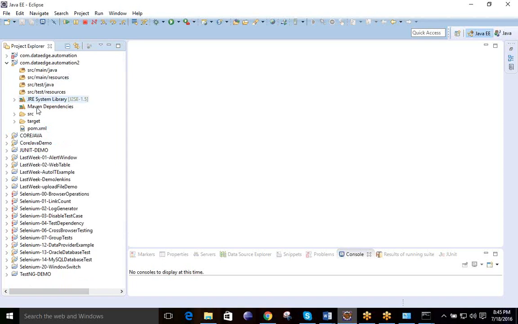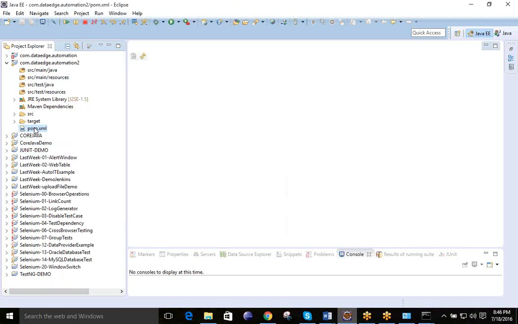How is it taking it? You need to check this file, pom.xml. What is this pom.xml? This is one of the mandatory files for a Maven project, and it will be generated automatically. So simply double click on this pom.xml. It will load one file for you.